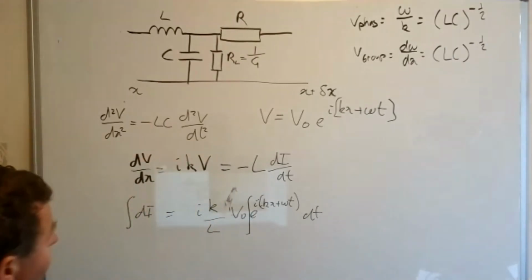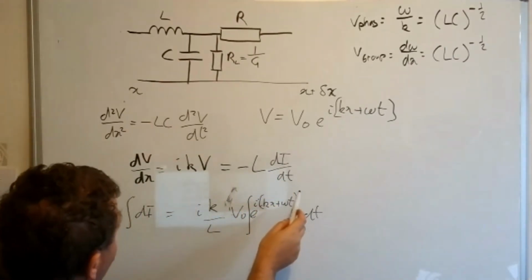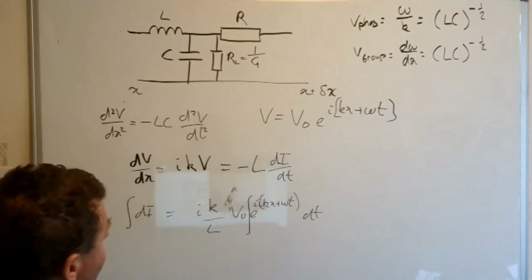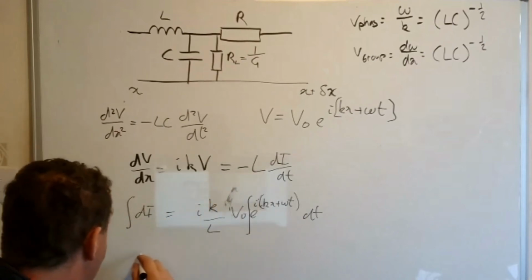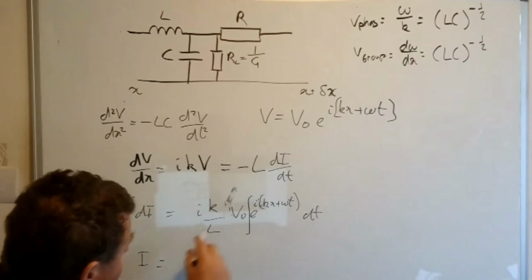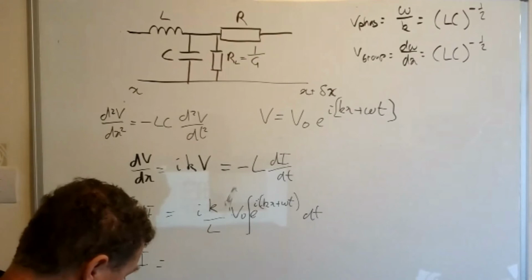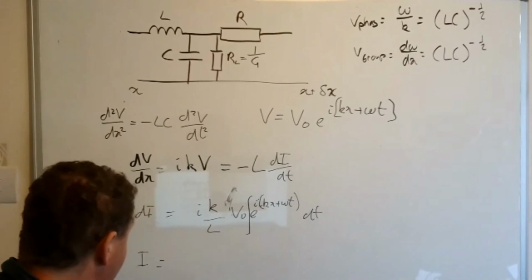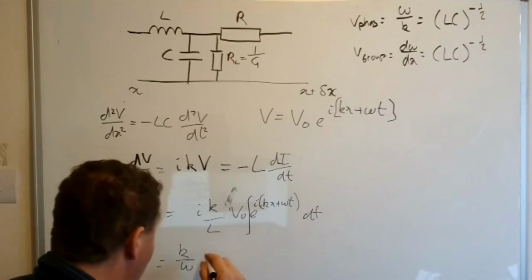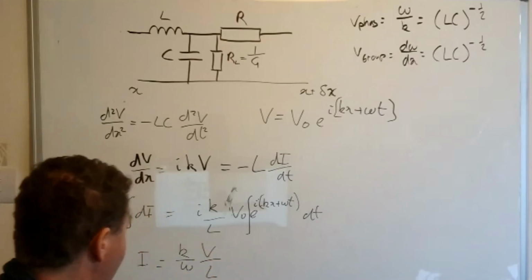Okay, so what I've done here is I've just taken the dt across to this side and the L across as well. So this just becomes the current. And if you evaluate that integral, then what you end up with is simply k over omega, v over L,